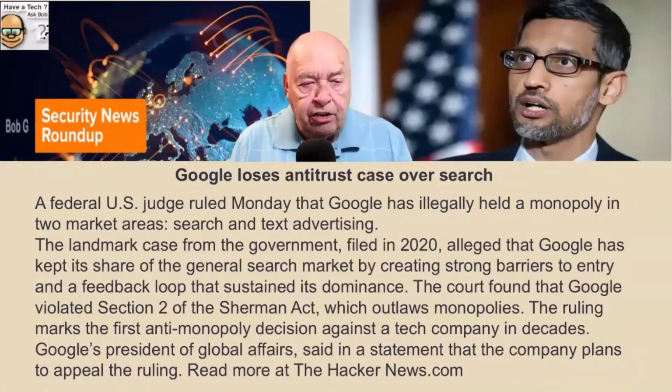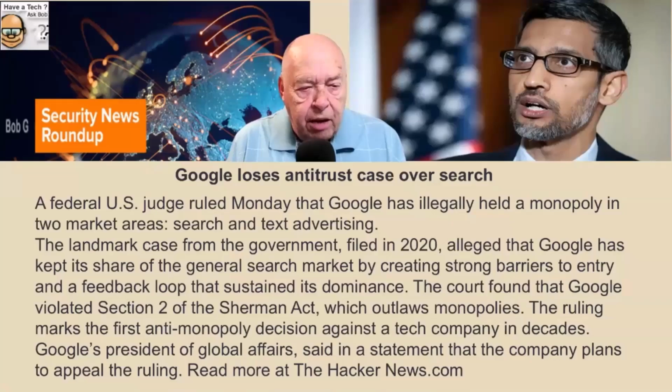A federal judge ruled Monday that Google has illegally held a monopoly in two market areas, search and text advertising. The landmark case from the government, filed in 2020, alleged that Google has kept its share of the general search market by creating strong barriers to entry and a feedback loop that sustained its dominance.